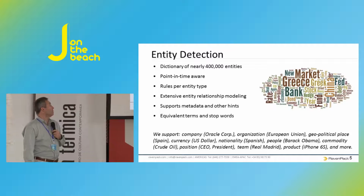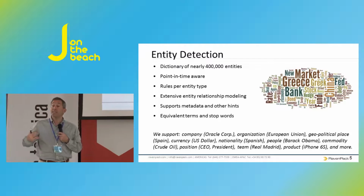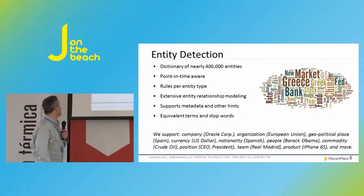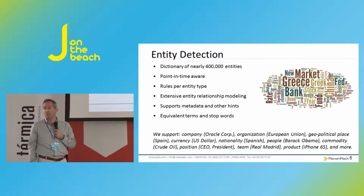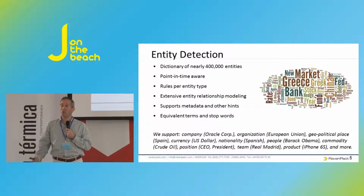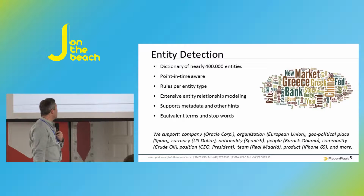Apple CEO Tim Cook attends the iPad Pro 9.7 launch. We get that this Tim Cook is the CEO of Apple. I mean, when you have this nice triple of company, title, and person, you're golden. It's hard to get that wrong. We also detected iPad Pro 9.7